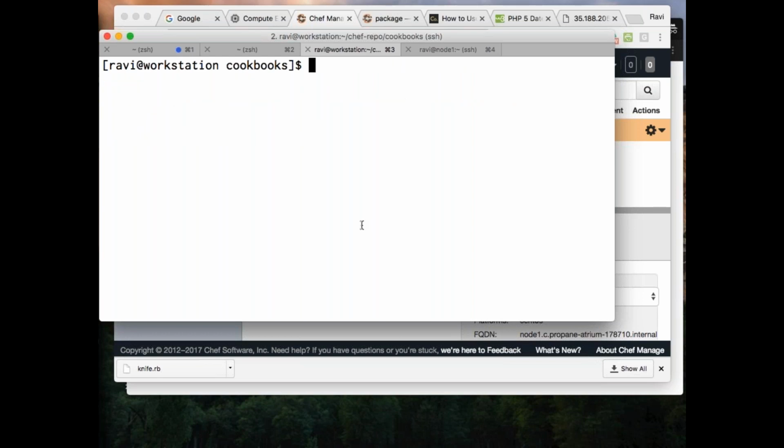And now I need to create some environments for this. Where can I create environments? I need to go to my environments directory. Earlier I created all my roles under the roles directory. Similarly, you need to create your environments under the environments directory. So I'll say vim environments, and under environments, let's say something like dev.rb. And let me say the name of this environment is dev environment, with something like a description.